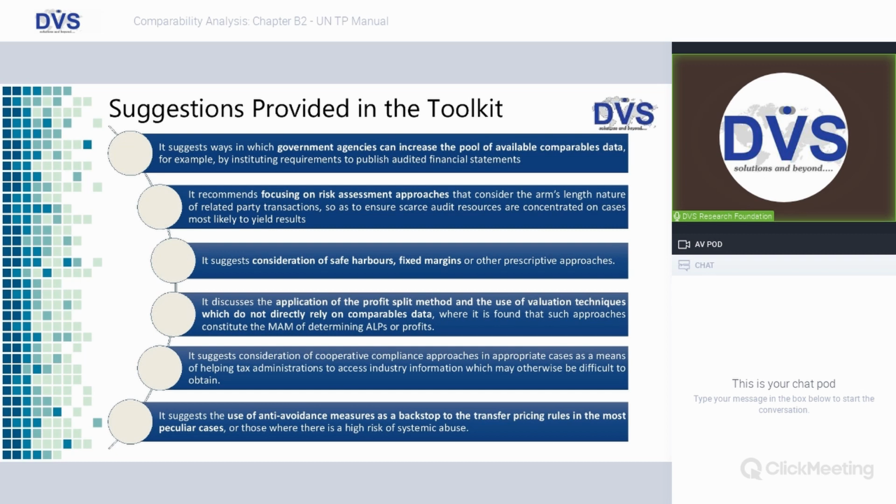The profit split method is a method wherein no databases are used, and it is entirely a subjective method, wherein we consider the role of each and every enterprise in the entire gamut of transactions, what functions each enterprise is doing, and what the cost involved is. Basis those functions and costs, there is a split of profit. It says that where more than 3-4 entities are involved in a particular transaction, we need to see the transaction holistically and then confirm whether we can use the profit split method or not.